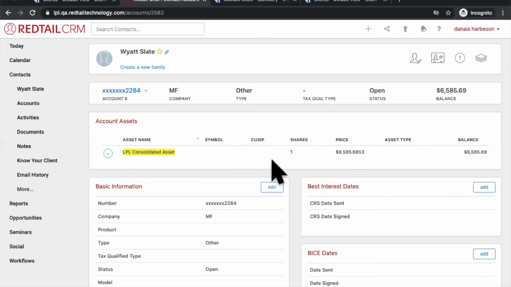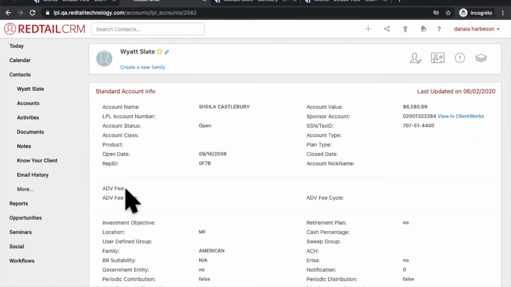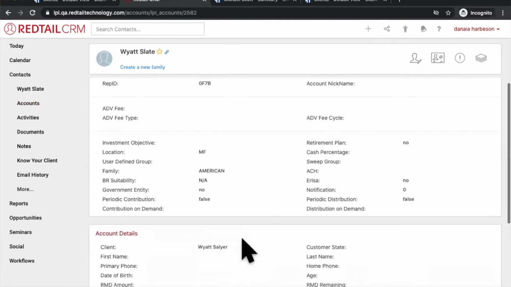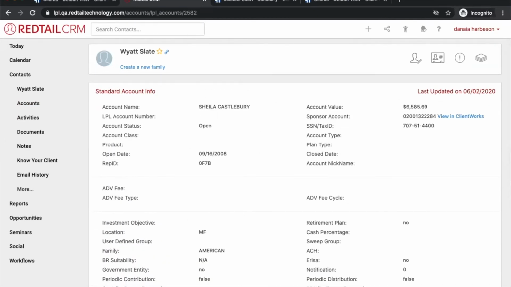So now that you have all of this good, clean information being shared between those softwares, I can always click on the action icon while I'm on the accounts page and select LPL account data, and it'll open up a nice page here with more account information coming over from ClientWorks. So if I want to search on this account level information, maybe I want to search for everyone that has 2008 as the open date year, or I want to search for everyone with a specific phone number, zip area